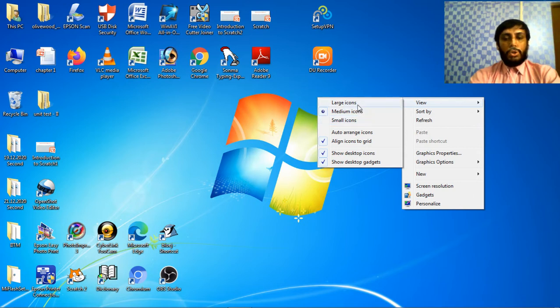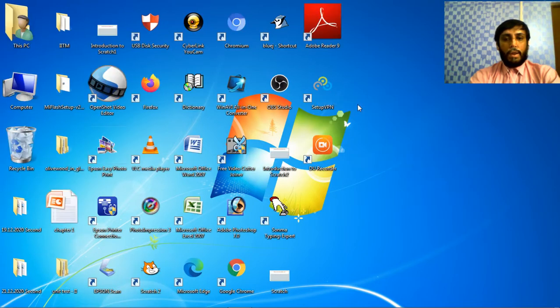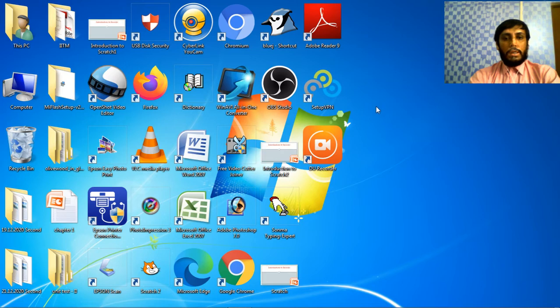So I am now going to change to large. See how it is getting changed. See, all the icons are larger in view. This way, if you want to resize icons on your desktop, you can do that.